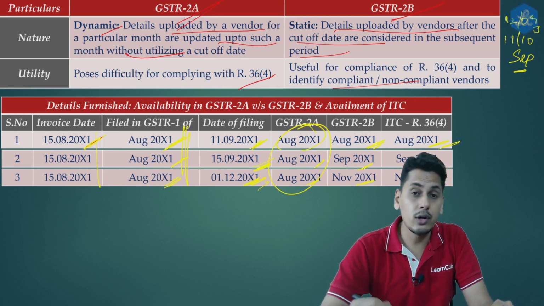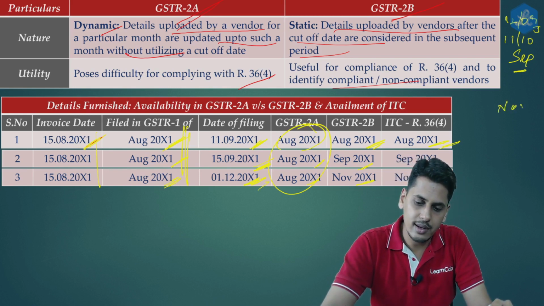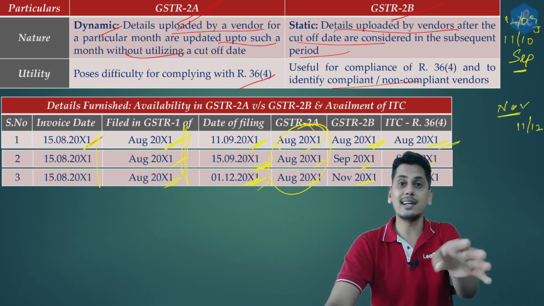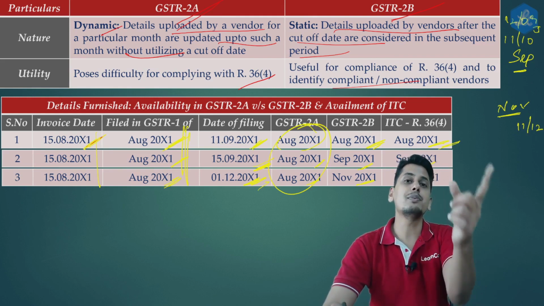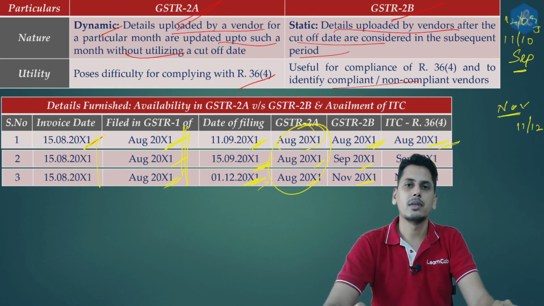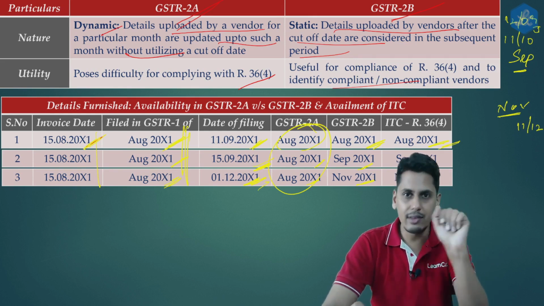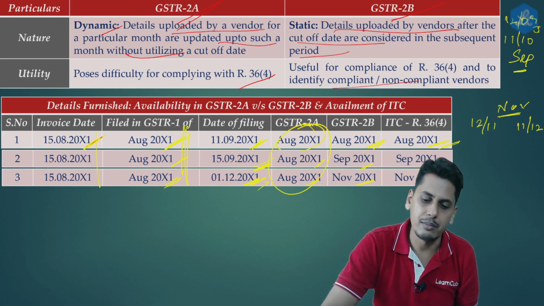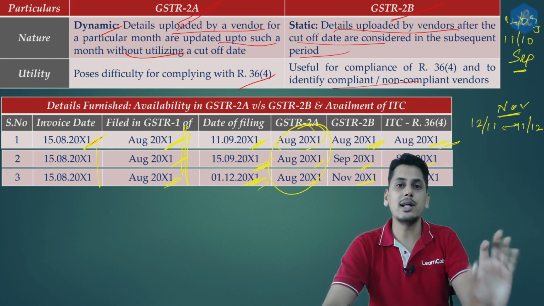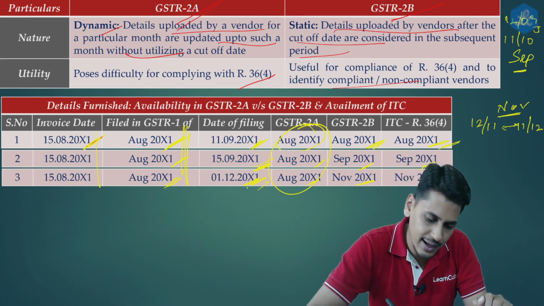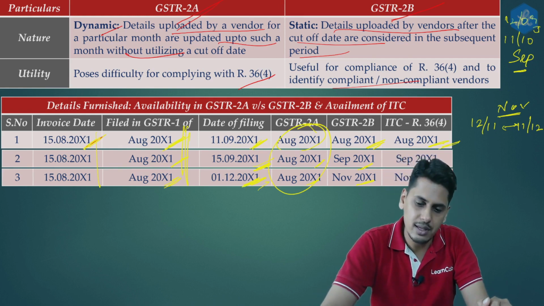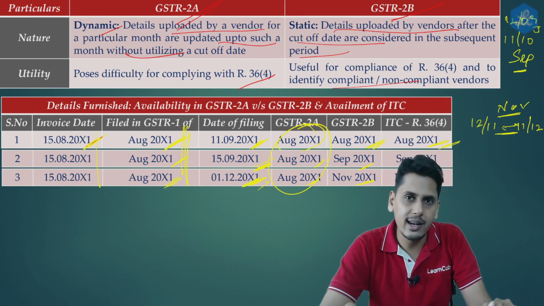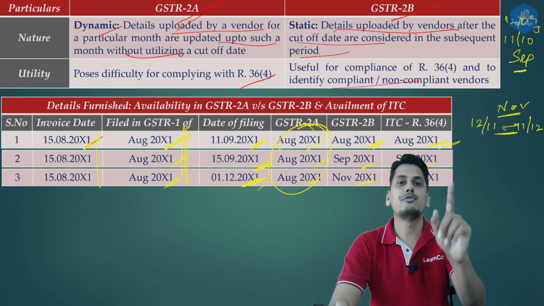Now friends, if you want to cross confirm for November, what is the window? For November, what is going to be the end point? Obviously 11th of December, because that is the due date for November month. What is the month preceding November? It is October. Now for October, what was the last date? 11th of November. So what is going to be the starting date for November? Obviously 12th of November. So the window for November is 12th of November to 11th of December. Is it filed in this window? Yes. 1st of December would fit into this window. So therefore, it would appear in 2B of November. Accordingly, credit can be taken in the return for the month of November.